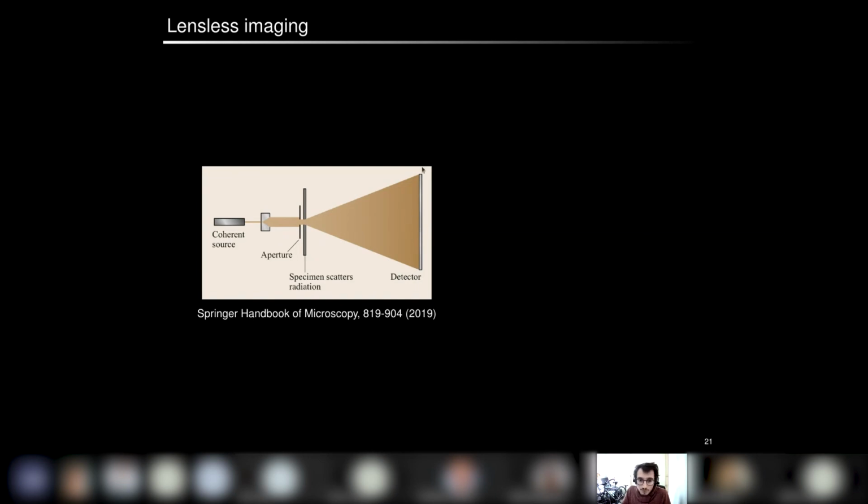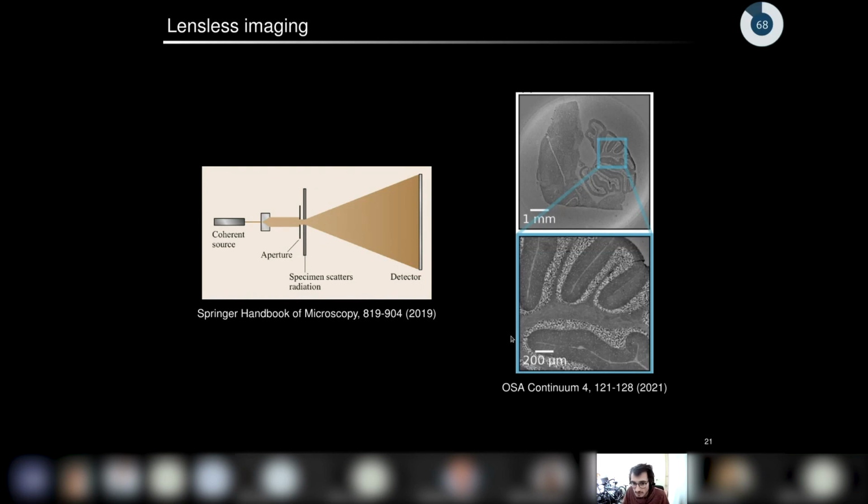But what you can do is measure several diffraction patterns for maybe different positions of the aperture. And from all of these diffraction patterns, you can run an algorithm to try to recover the properties of the specimen. So here I'm showing some results that have been obtained in the group by Jakob Seifert and Lars Lodgering. Here you have a slice of a mouse brain, and you see that using this approach you can recover the image, even though you need to realize that only diffraction patterns, which look random, have been measured here.